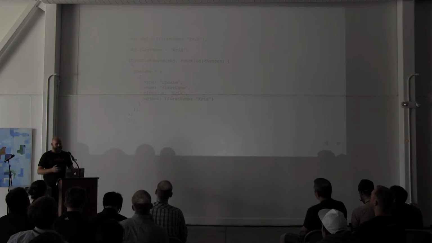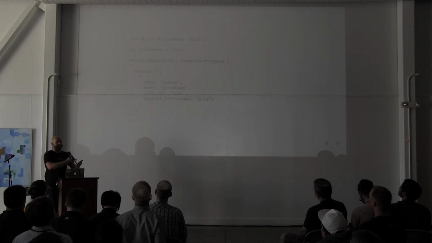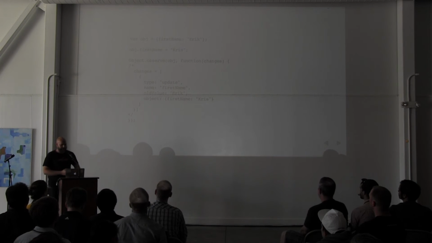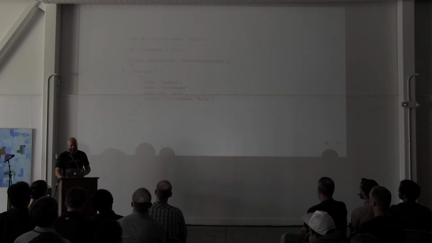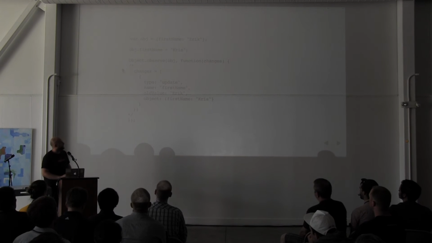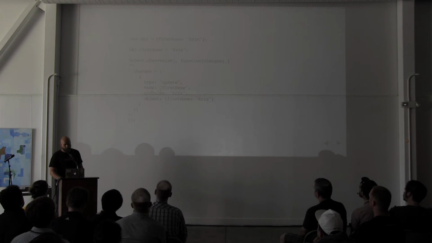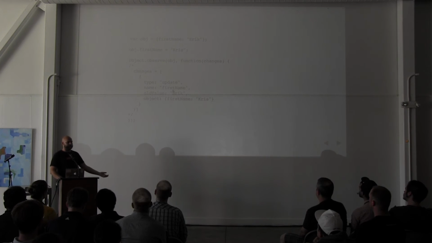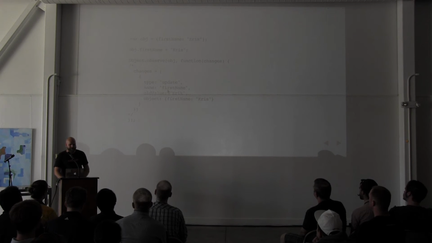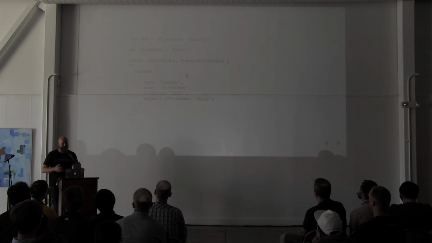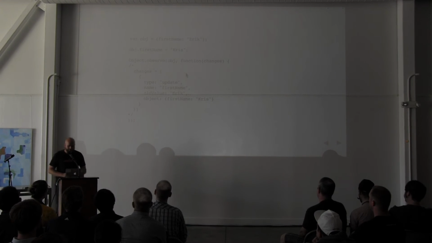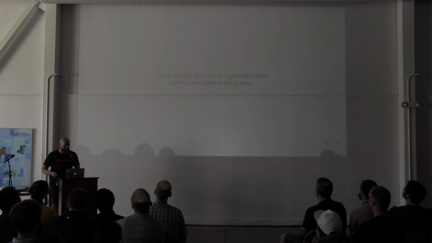Well, you can have an object with a first name property. You can just update that property, and then your callback's going to get called with an array of change objects, and they're going to look something like this. In this case, we've got an update type change, right? And the first name field was changed, and then the old value is provided here, so we can see what the value was previously. And then we get an updated reference to that object that has changed. So here is that object that I updated the first name on, and you can see that it has the new value there, right? And so we've already started doing some experimentation with Object Observe integration.